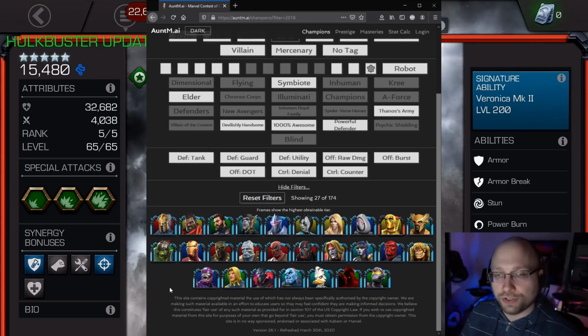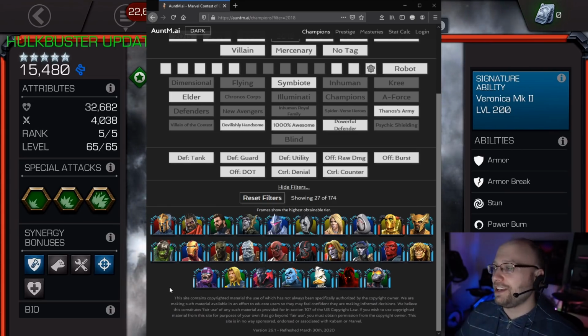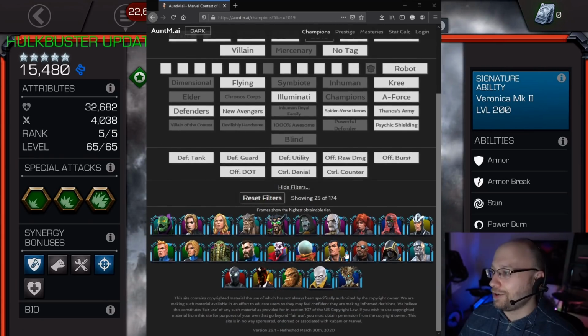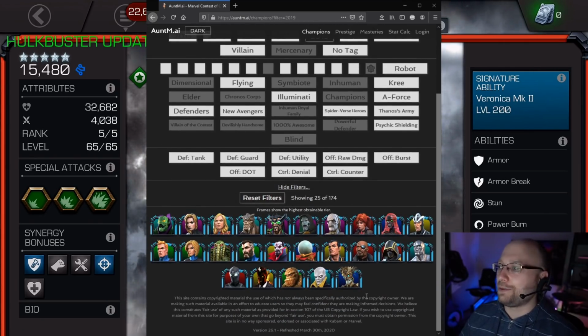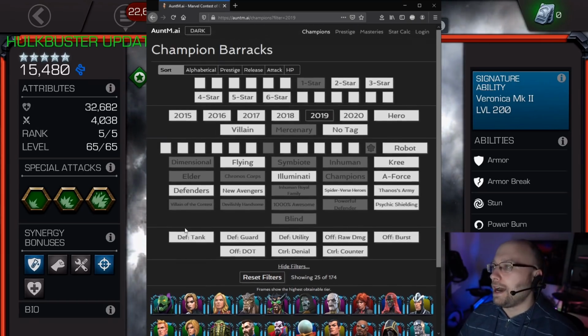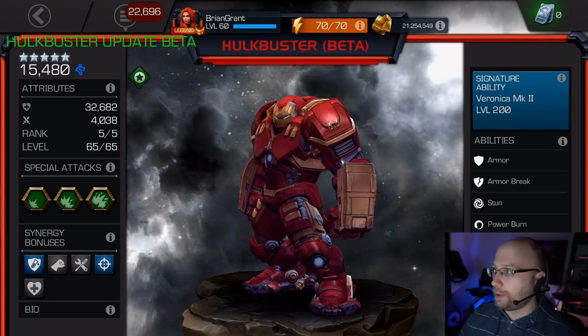If I pulled Hulkbuster on my McFabio account, I would have had a blast with him. I would have used him. I would have loved it. But I have all these other champions. We haven't even got to 2019, which also has a ton of other champions that I would want ranked up before even considering Hulkbuster. So all that's to say, I think Hulkbuster is cool, but